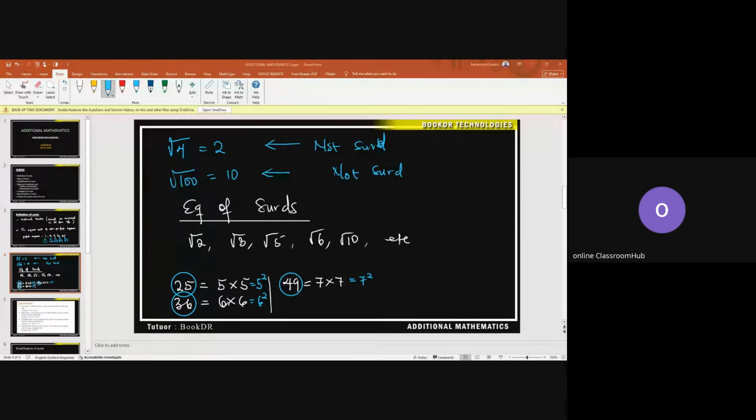In simple terms, a surd is the square root of any non-perfect square. Once you know all the perfect squares, any number that is not a perfect square, when you find the square root of that number, it becomes a surd. So because of that, let me just list down